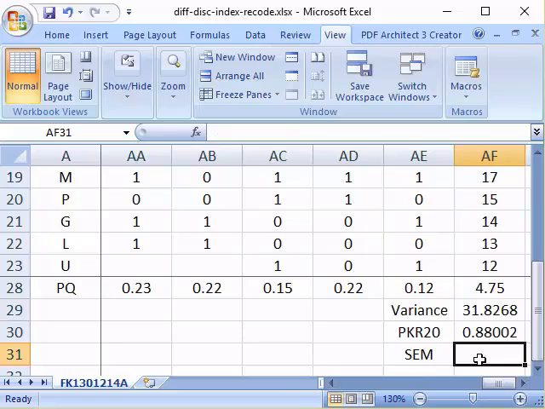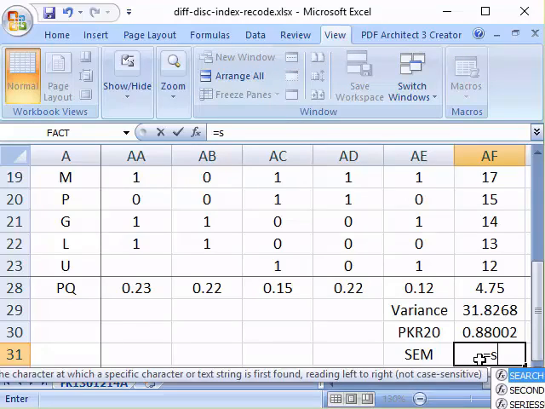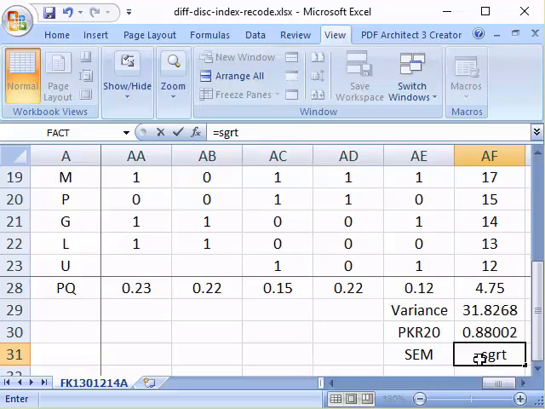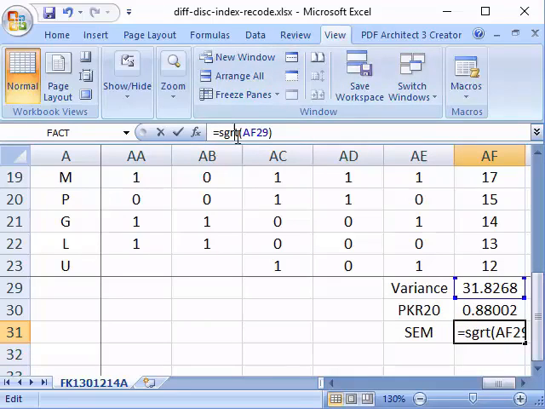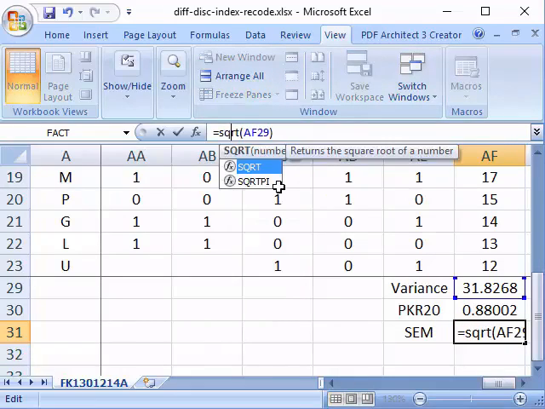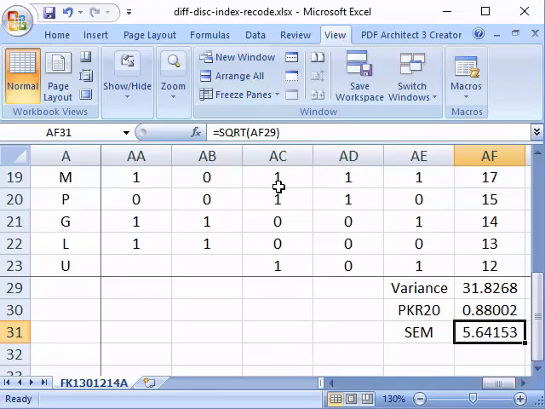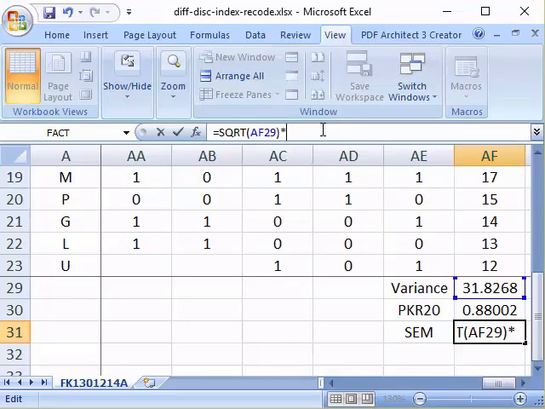So we're going to get the square root, SQRT, of the above value, variance. Then we're going to close the bracket. Okay, so that's the standard deviation. So from standard deviation, we're going to times the square root of 1 minus reliability.